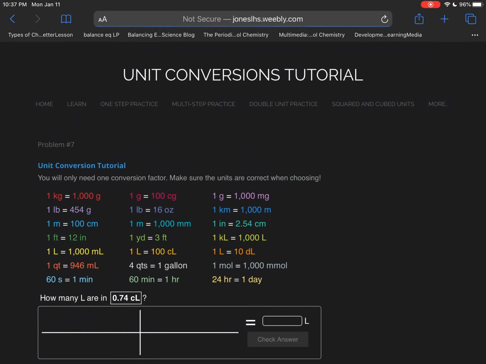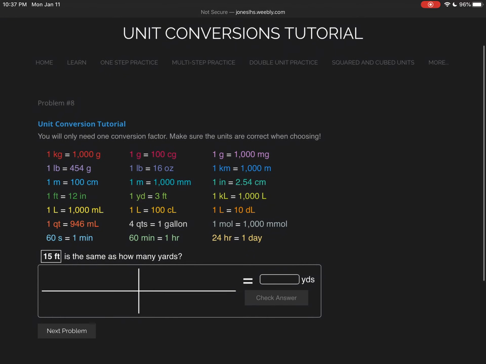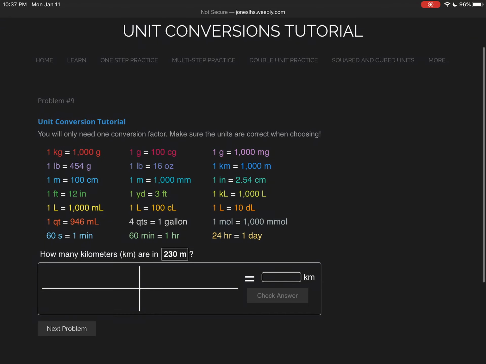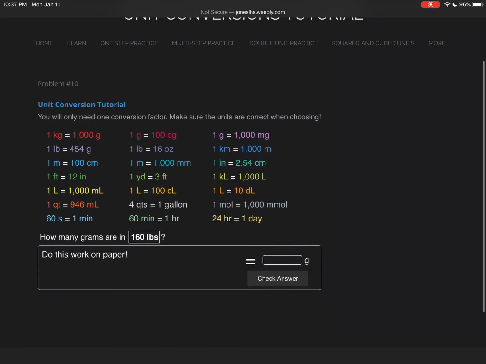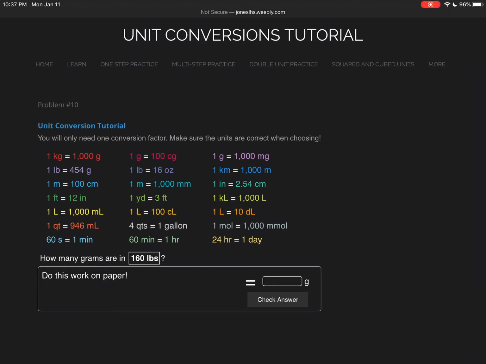Number 6. Okay, so you're just going to do 1 through 10. Like I said, write them out. Write your correct answer. And if you're really struggling with finding the correct answer, send me a message on Schoology, and I can help you try to figure out what you're doing wrong. That's it. And once you do this, you're just going to submit your picture of your work onto Schoology. There'll be on the assignment, it will say submit your photo. Okay? Let me know if you